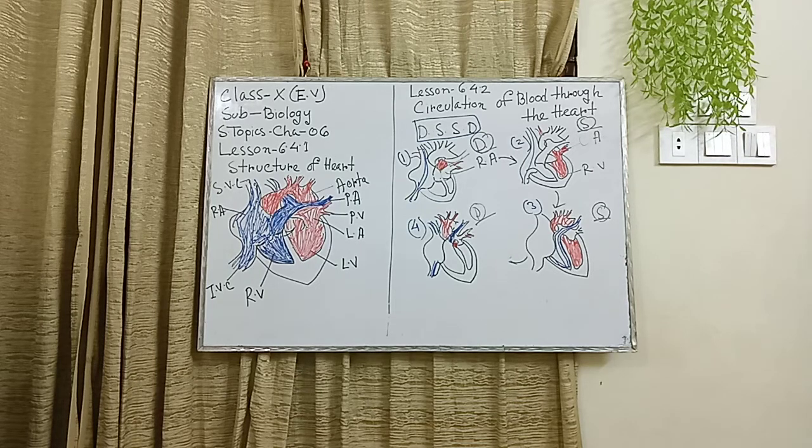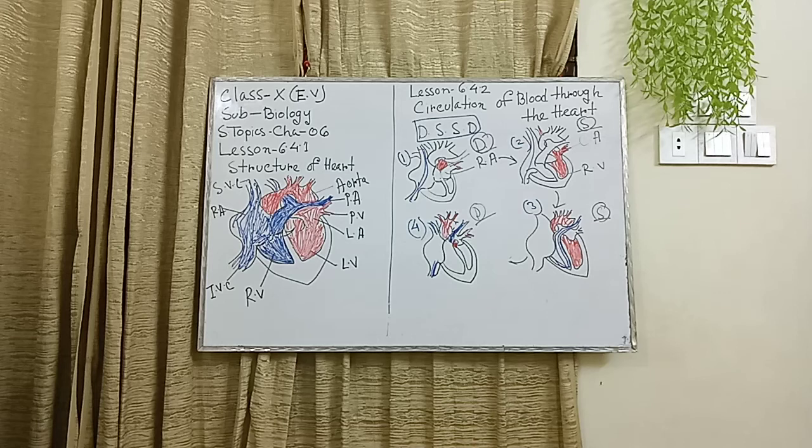What is heart? The heart is a triangular shaped hollow muscular pumping organ. Yes, heart is also a pumping organ. It is situated in the left side between the two lungs. The heart consists of special involuntary muscles. Please, everyone note this line, involuntary muscles. It is surrounded by a thin membrane named the pericardium.